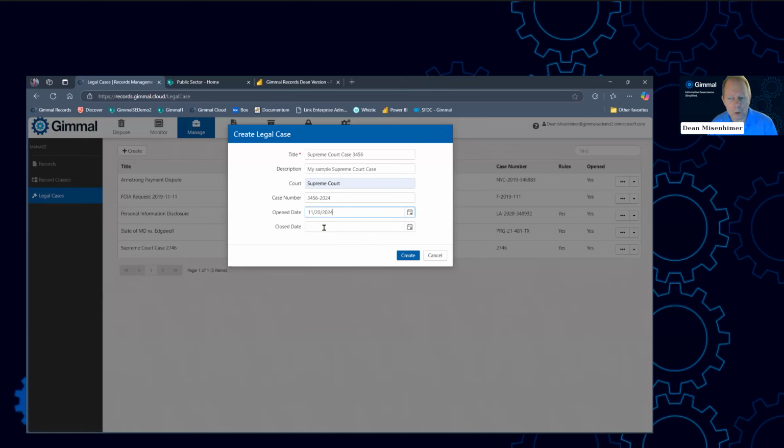I'm going to leave the close date empty for now, because the close date, at some point, I'll come along and I'll close this legal hold. And when I do, all of the records currently on hold will be released. So let's save our new hold,